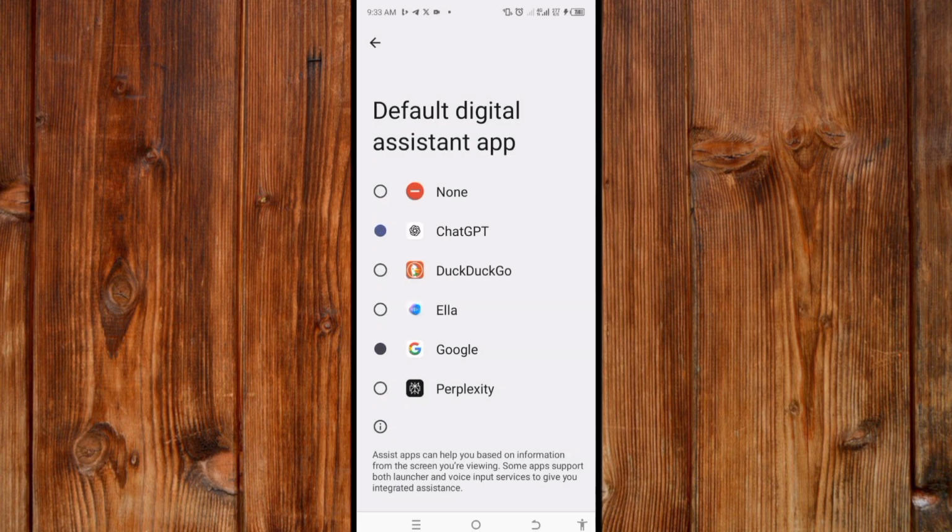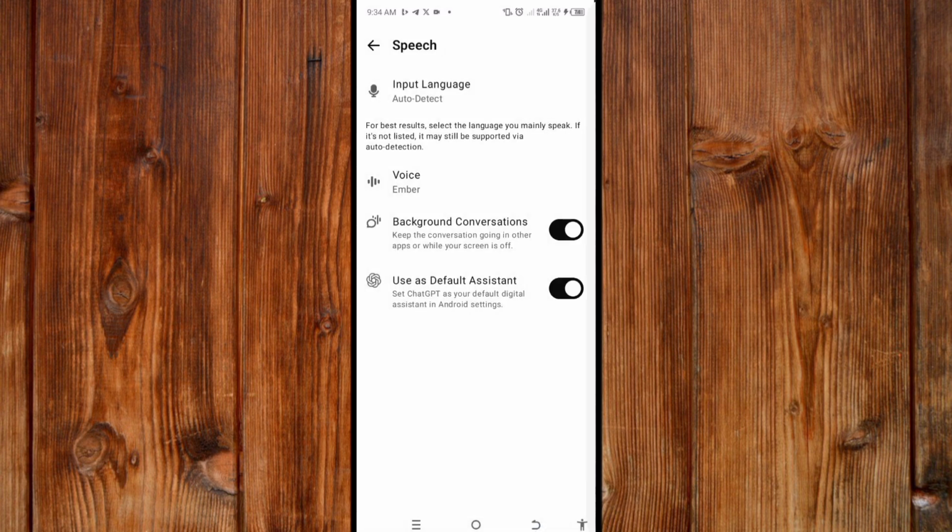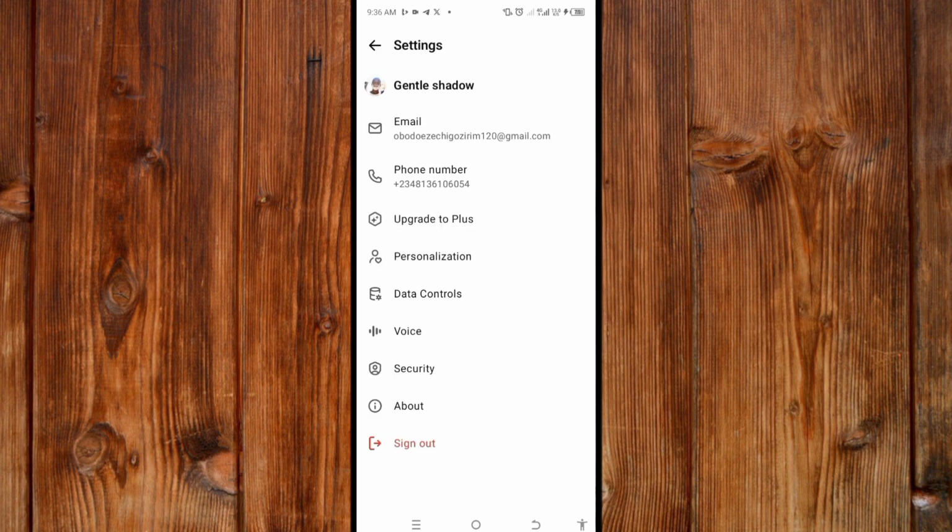and then click on OK. Now you have selected it as your default digital assistant app. Now go back like this. Now you can use it as your device digital assistant like this. You see it. Now you can also upgrade your ChatGPT application to Plus by clicking on Upgrade